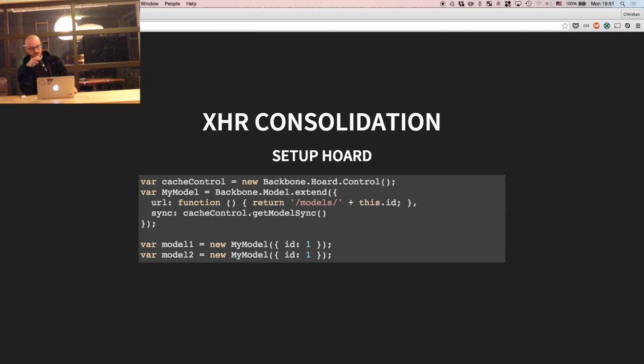Right. And so in code, it looks like this. Can you see that anywhere? But basically, we have the entry point to Hoard, which is this Backbone.Hoard control, and that has this getModelSync method on it,